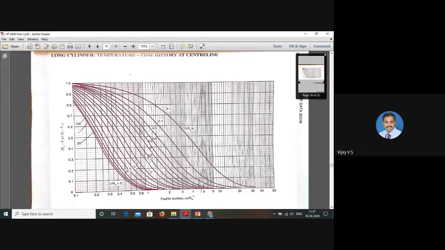Now the 0.1 line and 0.827. This is the 0.8 line. They will meet somewhere here. This line you have to take as 2, this is 1, and this line you have to take 3. So 0.1 will meet the 0.8 line somewhere here, around 2. I can take 2.1 or 2.2.